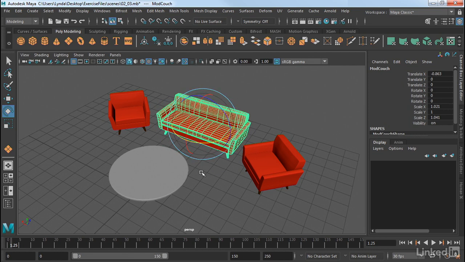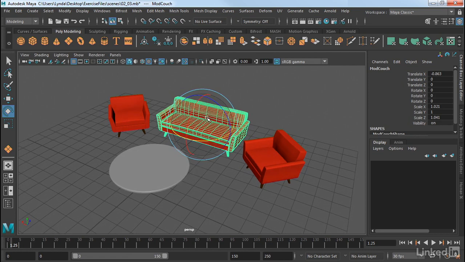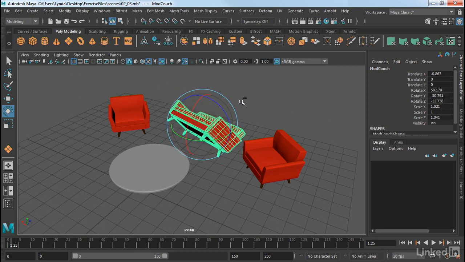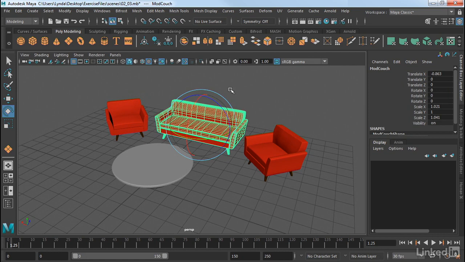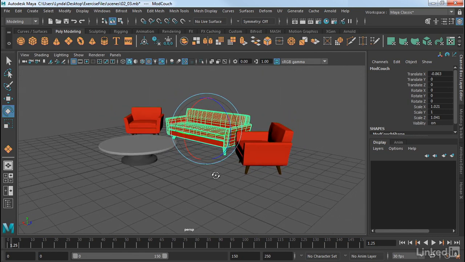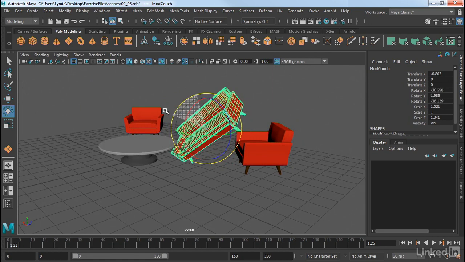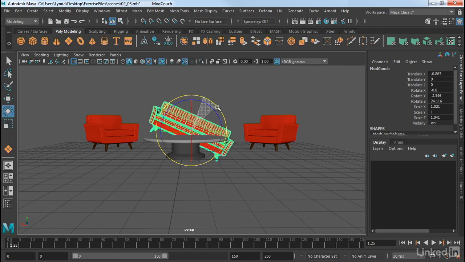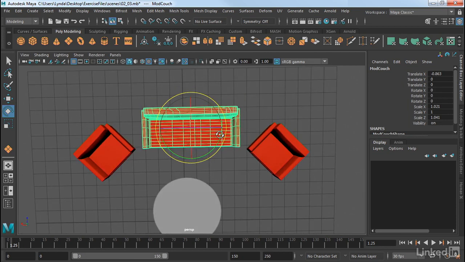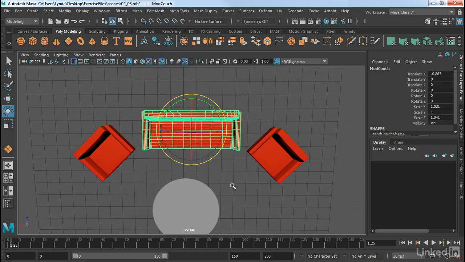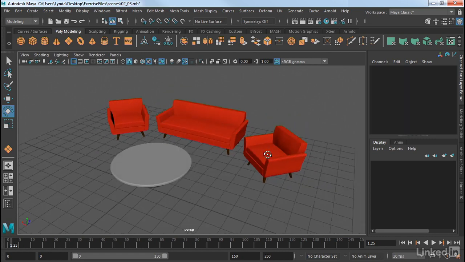Now, if you want to rotate around multiple axes, you can click in the middle here, and that will allow you some sort of free rotation, which I find is kind of hard to control. But notice this little cyan ring around everything, and that basically just continues to go perpendicular to the camera. So however the camera is pointed, this will rotate around that particular axis. If we get a front view here, we can rotate that way. Or if we go into a top view by manipulating our camera, we can do that. So that can be a very handy way to work with the rotate tool.